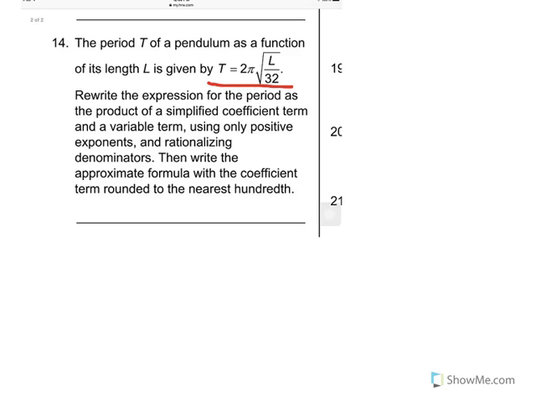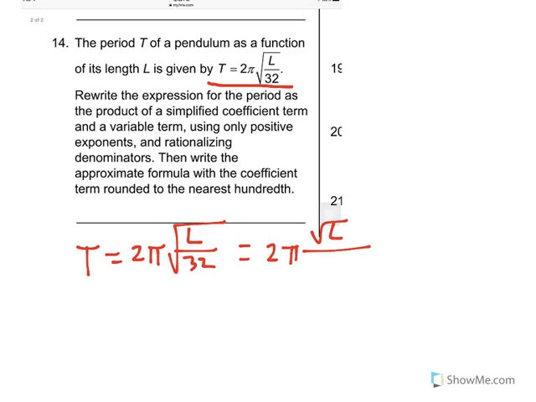So we're going to simplify the whole thing here. We're going to start by writing the equation. T equals 2 pi times the square root of L over 32. And the first thing we can do is actually simplify the top and the bottom. And the rule is on the bottom of a fraction, again, we cannot leave the square root or any root. So in this case, we have a square root of 32, and that's more than 4, but less than the